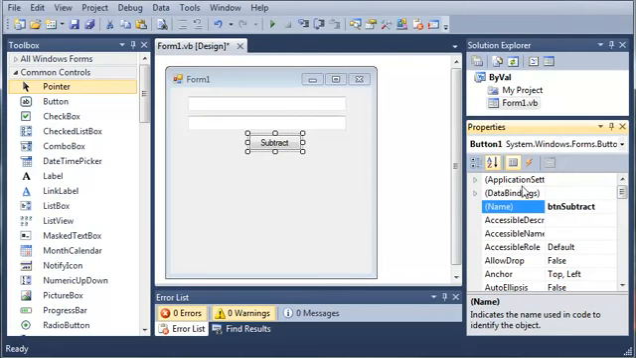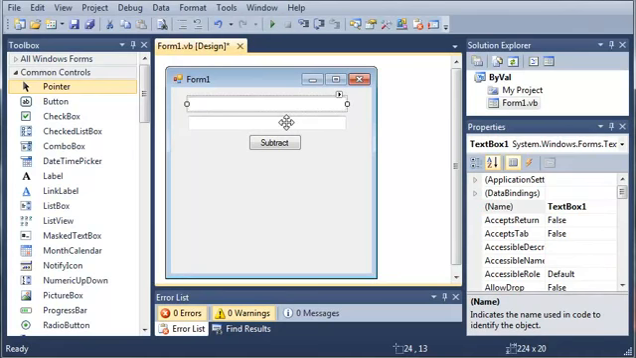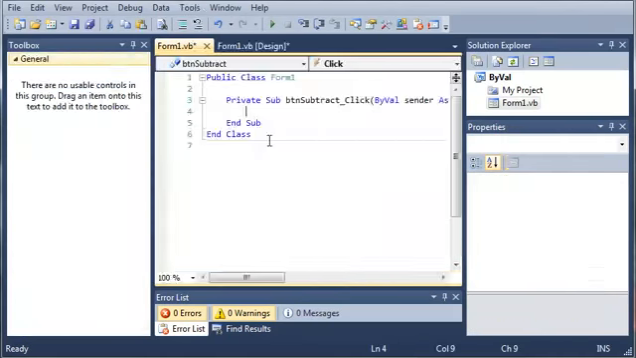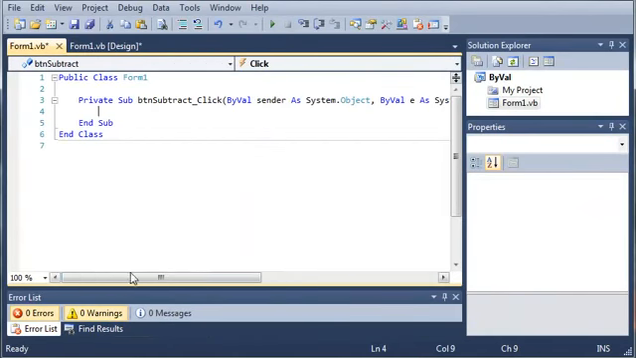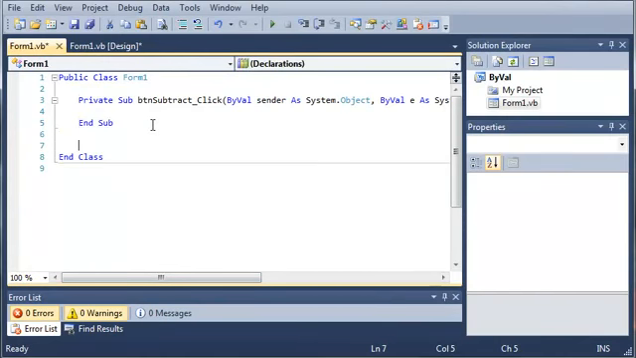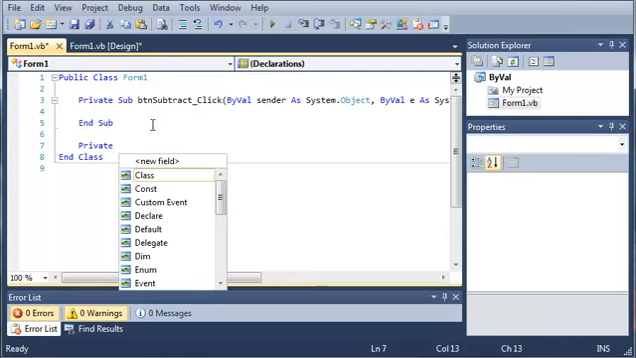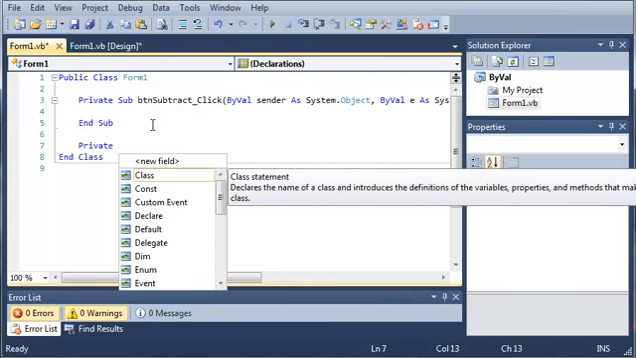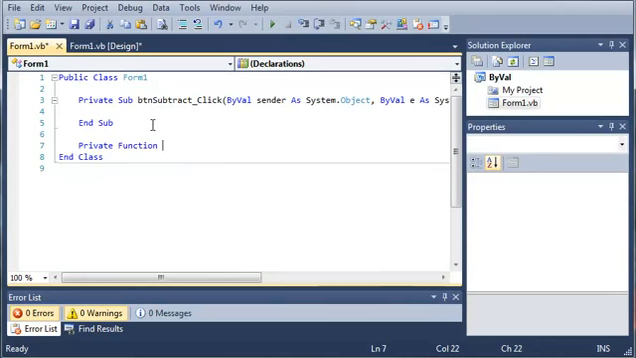And just for the sake of saving time, I'm not going to rename these text boxes. So let's go ahead and double click on the subtract button so that it will generate our event handler for that. And now what we're going to do is come down here and create a function. So we'll use the private keyword so that nothing outside of this class can use this function. So we'll use private function subtract